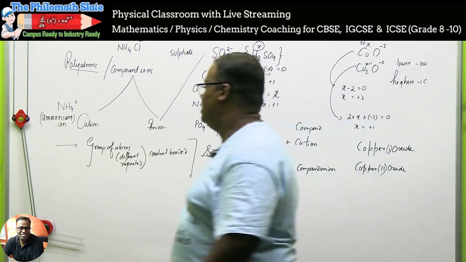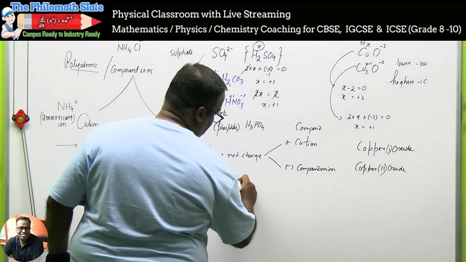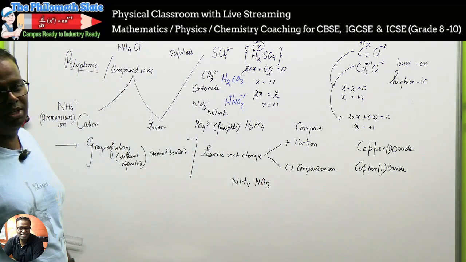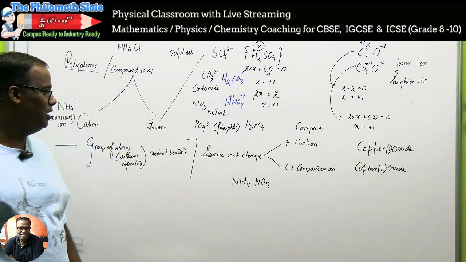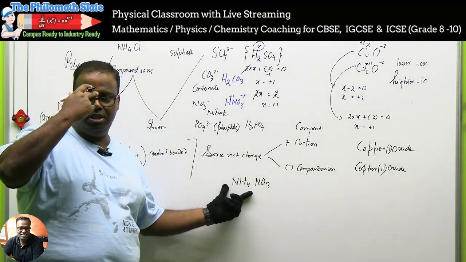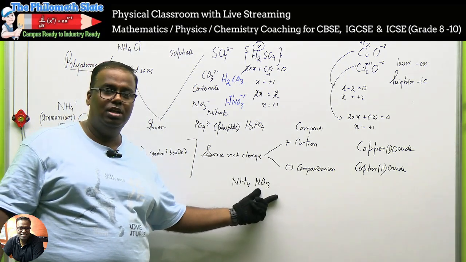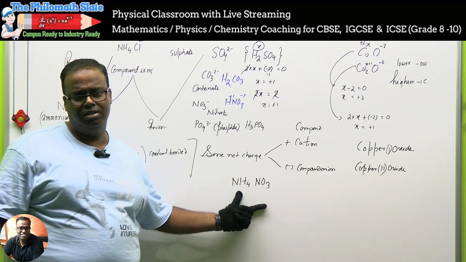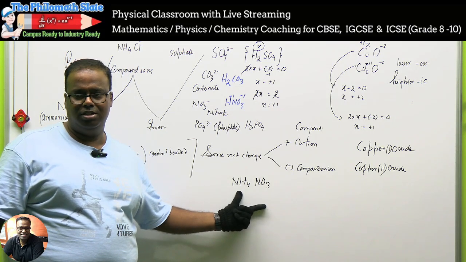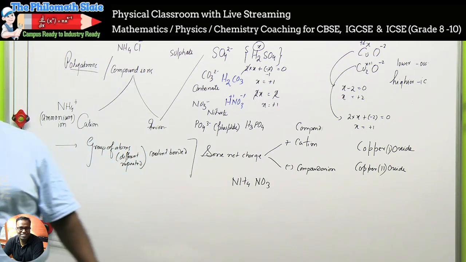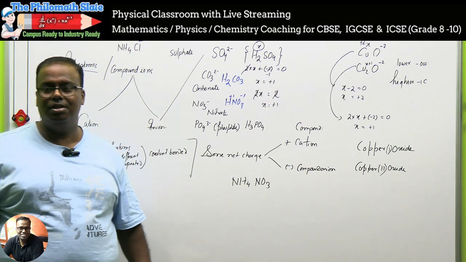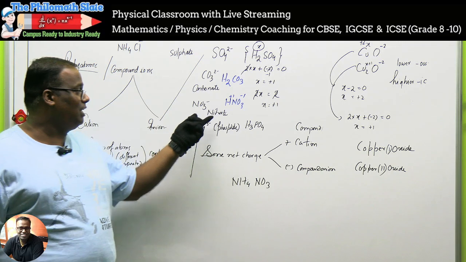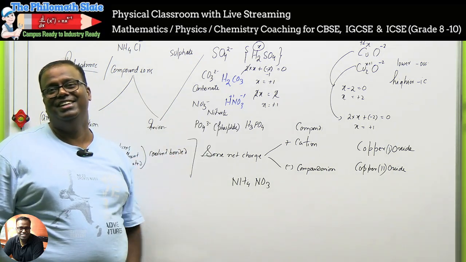NH4. Okay, can you name this compound? NH4NO3. Let's first see whether it will be 1 or 2 or something. NH4 comes with what type of a bindi? Plus bindi. NO3 comes with a negative bindi. How many negative? 1 negative, 1 positive. Super pairing. You don't need any adjustments out here. What will be the name of this compound? Ammonium nitrate.